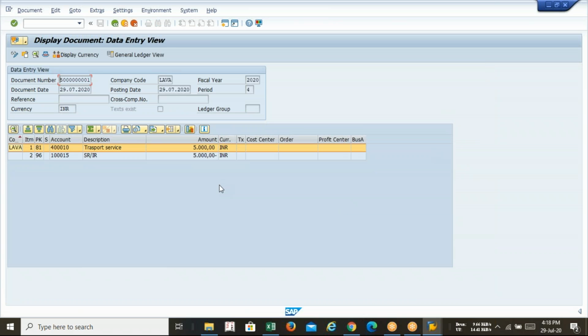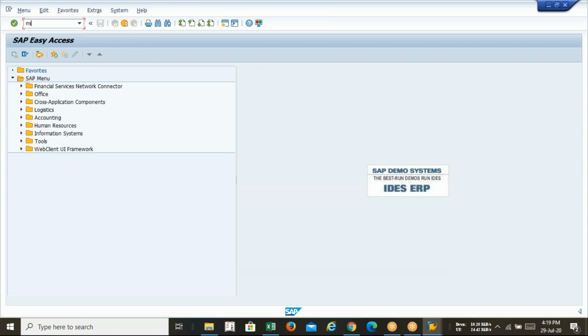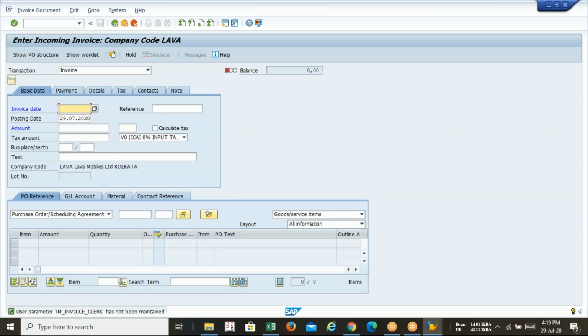I think after changing the fiscal year variant, the same thing will happen in your company code also. Since my company code is running, in a similar way you can run it in your own company code. And if you have done the service entry sheet, please complete it with MIRO. Do not leave the MIRO entry until you book your MIRO, meaning the invoice, otherwise you will not get a chance to make the payment.